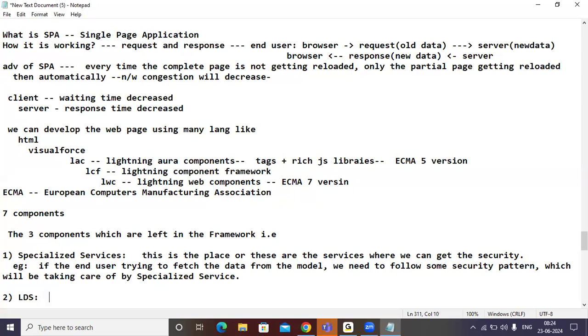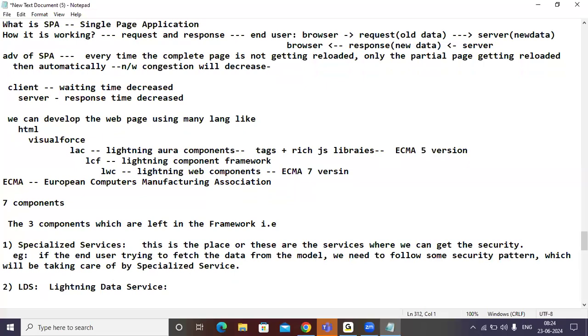Next, LDS. Yes, sir. LDS stands for Lightning Data Service. What is Lightning Data Service? Salesforce Lightning Data Service, I can say, is a powerful tool, and this tool streamlines the process of building efficient and responsive applications.